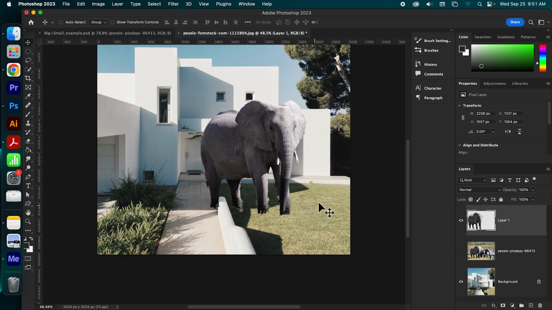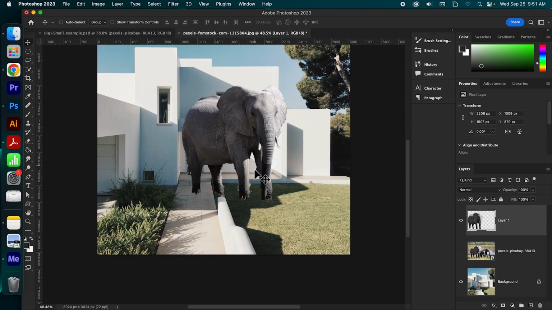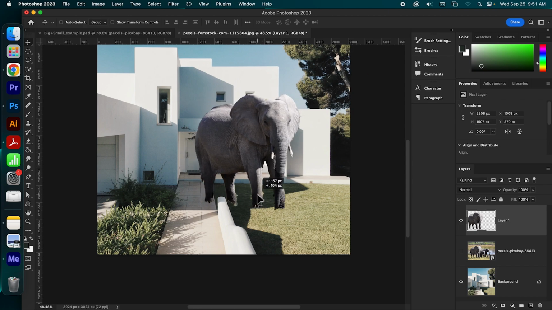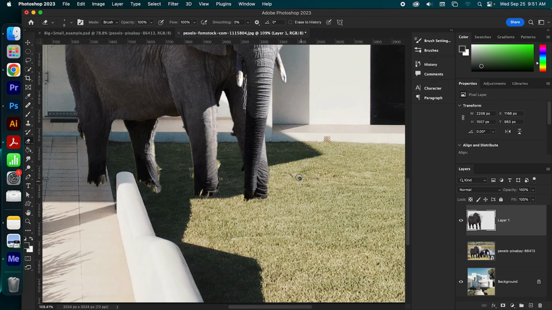Now I've got a little bit of mess here and a little bit of mess around here. So I'm going to go in with my eraser tool and erase anything that's too distracting. It doesn't have to be perfect. Just kind of get it close. Get rid of any fuzzy bits or bits of the background that are still showing.